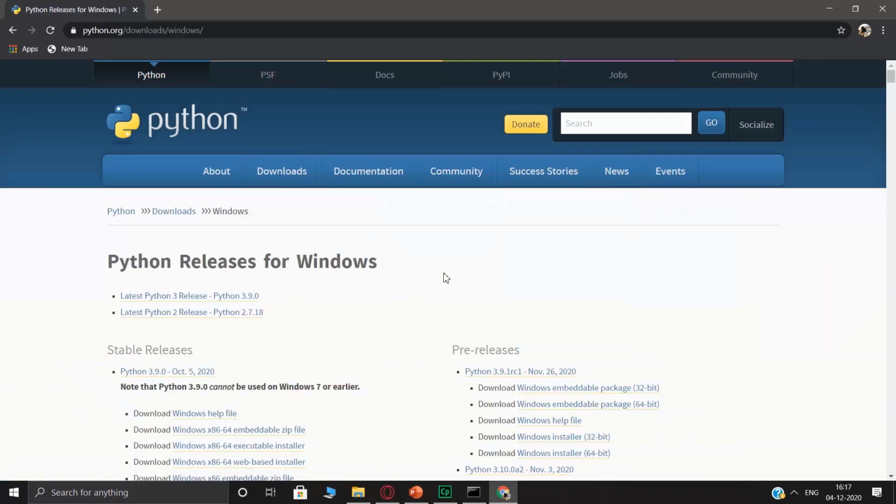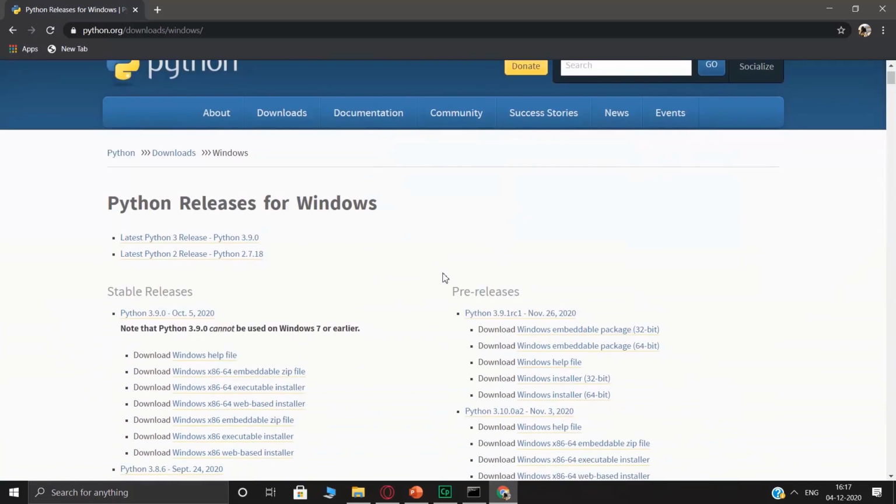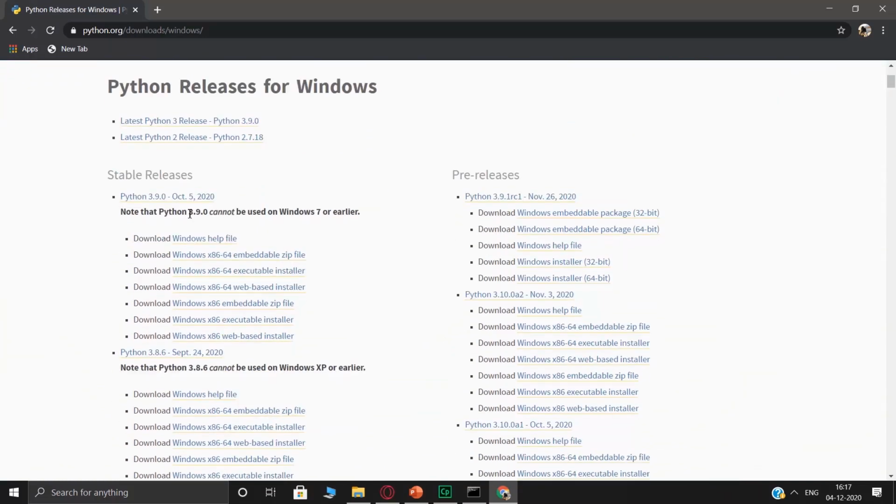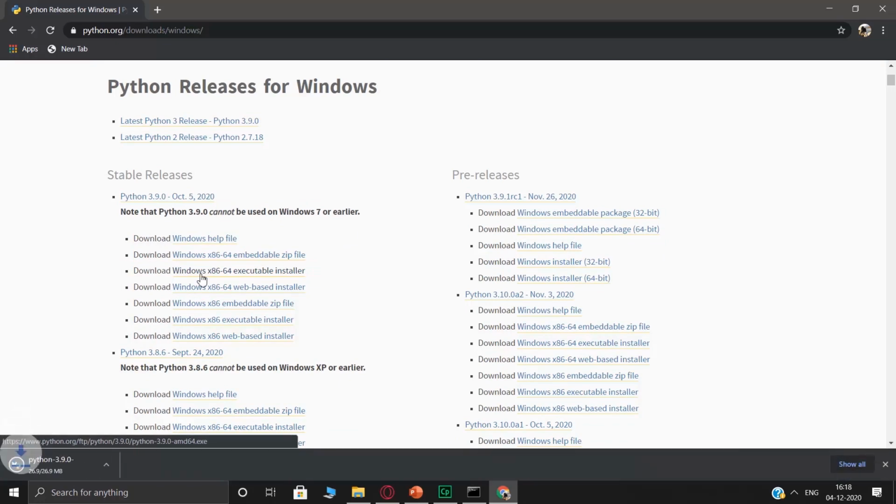This page opens up, and in this page, you scroll down, and as you can see, the latest version is Python 3.9.0, which cannot be used on Windows 7 or earlier versions. Since mine was on 3.8.2, we can use this opportunity to upgrade mine as well. So over here, we click on this link, which says download Windows x86-64 executable installer.